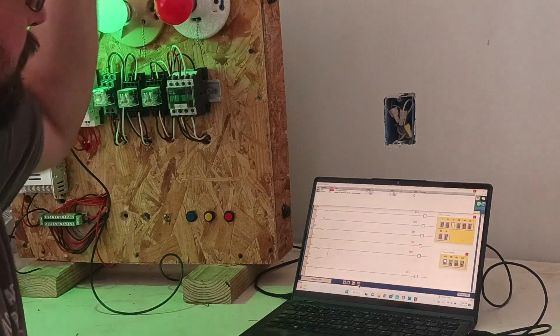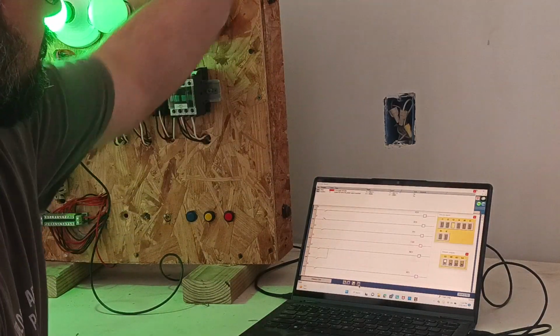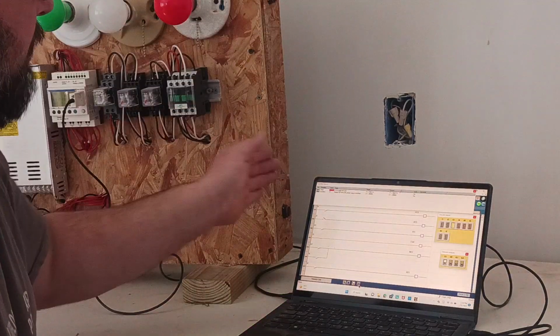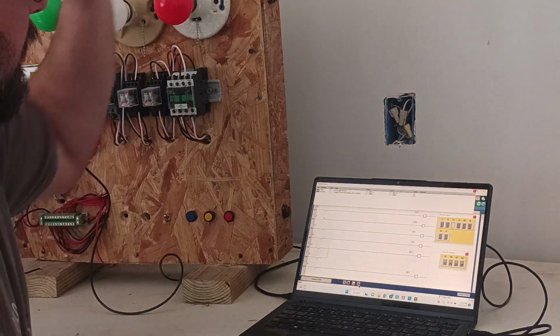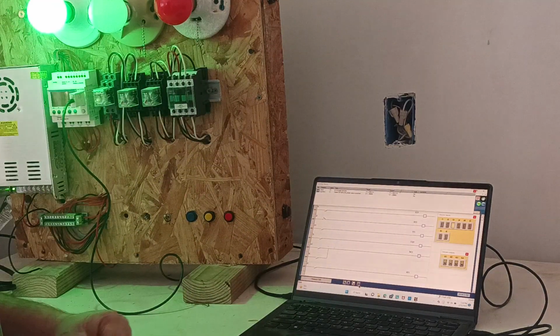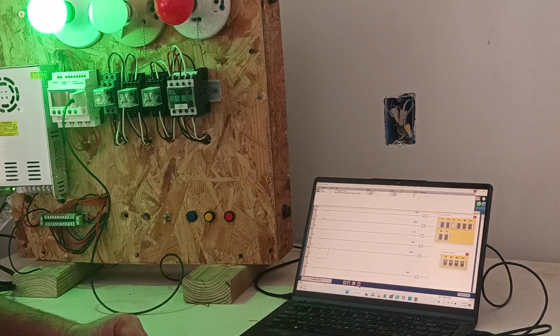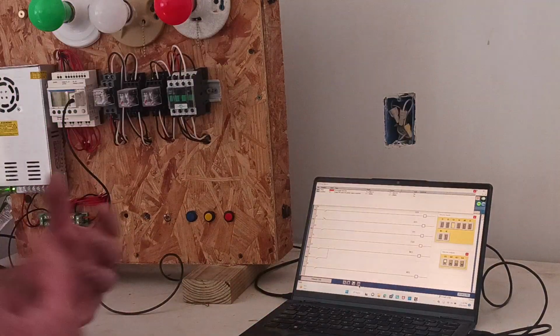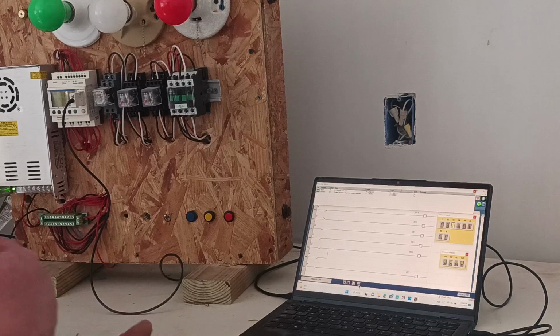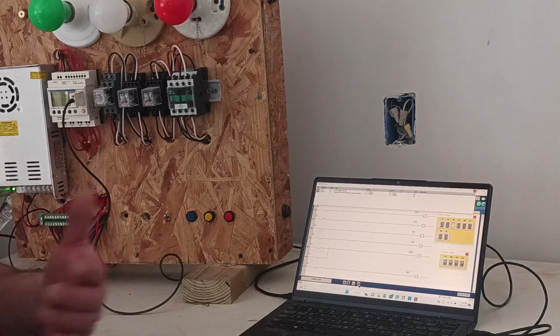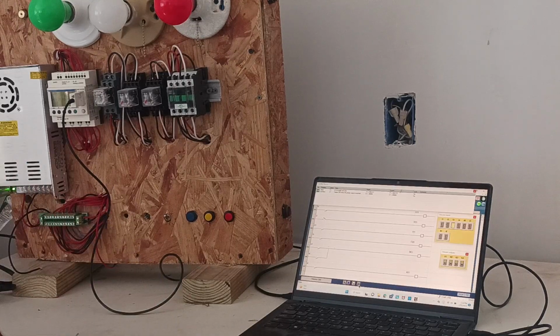It's producing an output, but watch this. 1, 2, 3, 4, 5. Now 6, and boom, we're back to the output. So as you can see, even though the output is on, the counter resets and it keeps counting for the next output. Okay, so I'm going to pause this, and I'm going to load the last